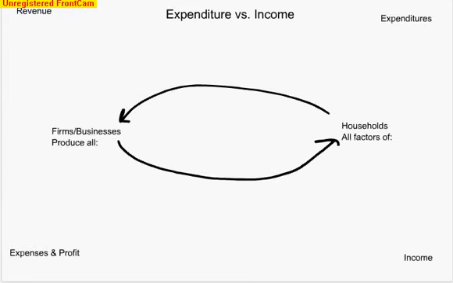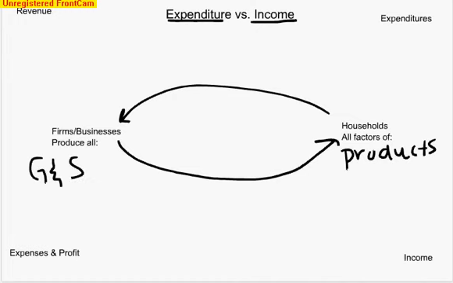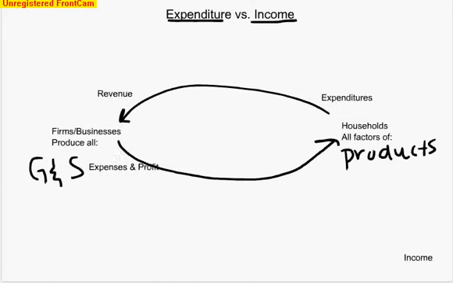Okay, so there are two different ways that you can look at GDP, and that is expenditure versus income. So here I have drawn up just a simplistic economy in which the household owns all factors of production, and over here, firms and businesses produce all goods and services. So really simplistic. In this example, the households are responsible for all of the expenditures and the revenue for the firms. And then the firms are left over with their expenses and their profits, which in turn just become income for the households, which then becomes the expenditures and the revenue for the firms,